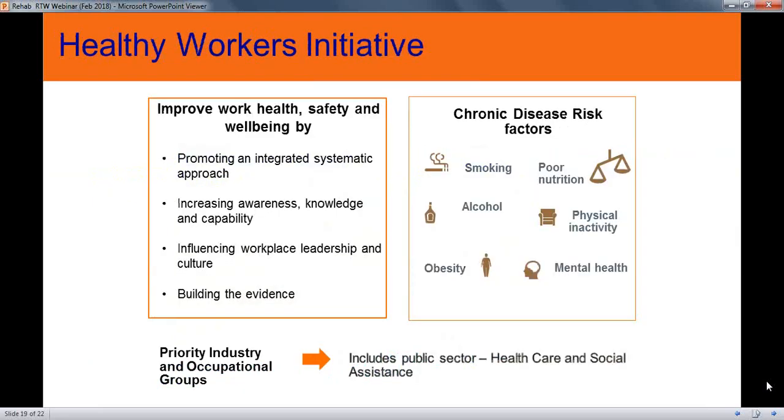So I'll just quickly go through the Healthy Worker Initiative and the Healthy Workers Toolkit, which is on the next slide. This is a work health and wellbeing program to assist in reducing the risk of chronic diseases such as cancer and cardiovascular disease, for example. To do this, the programs focus on chronic disease, lifestyle-related risk factors that are modifiable, for example, smoking, poor nutrition, physical inactivity,